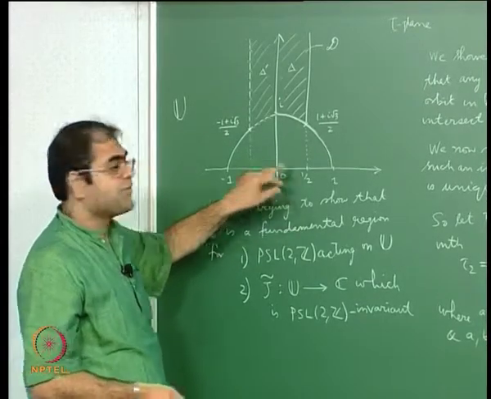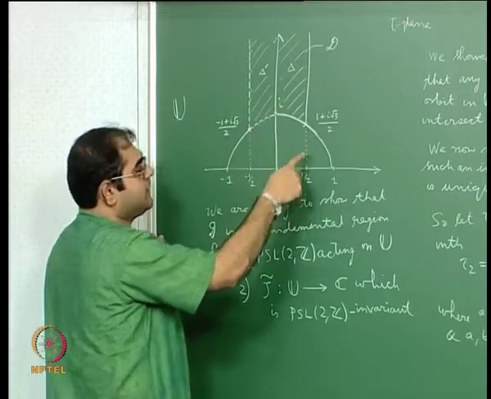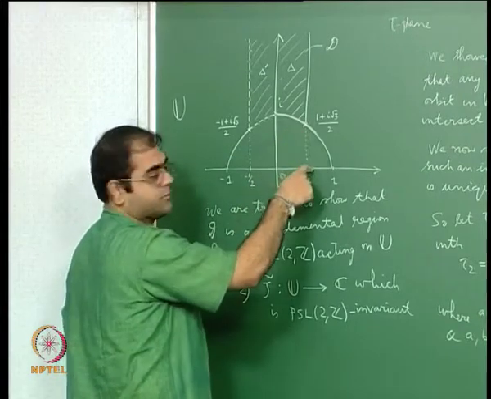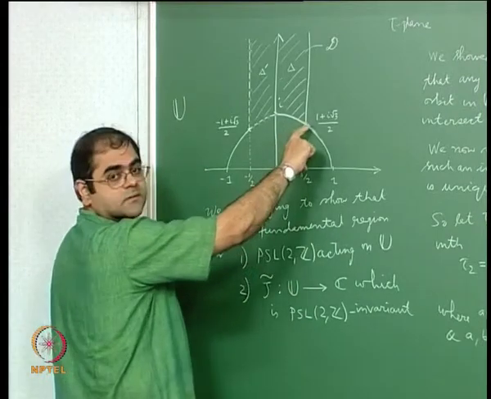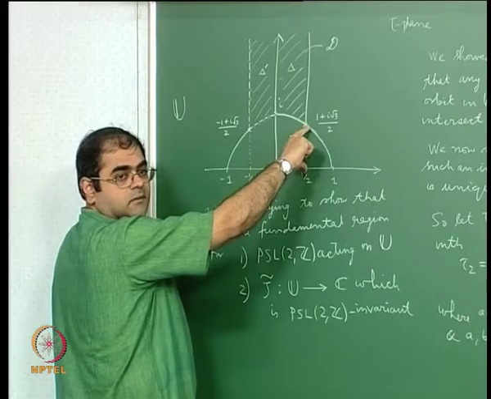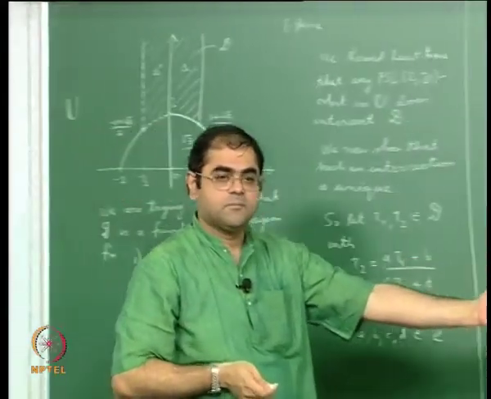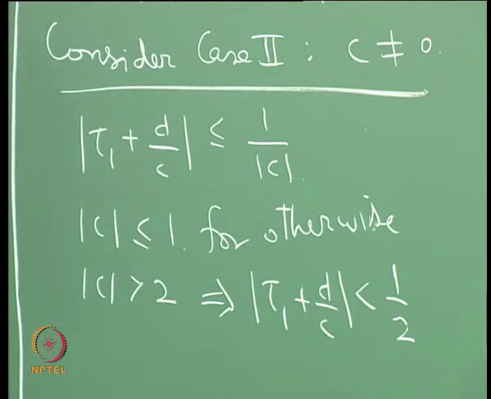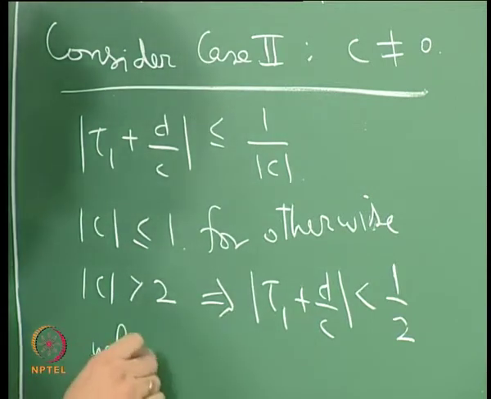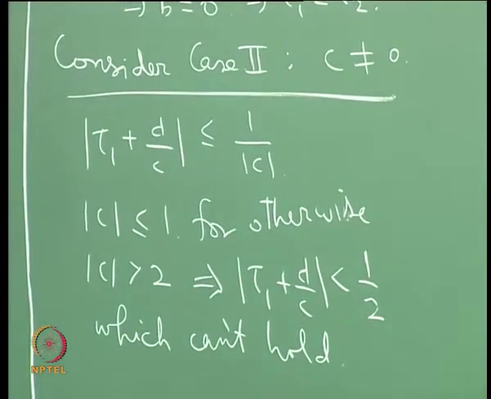That can never happen, because the shortest distance of a point from script d to the real line is this, and that is root 3 by 2. This length is root 3 by 2, this is the shortest distance of a point of script d to the real line, and therefore this inequality can never hold, which cannot hold as